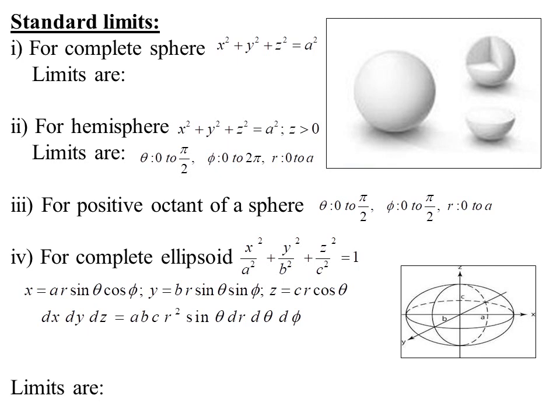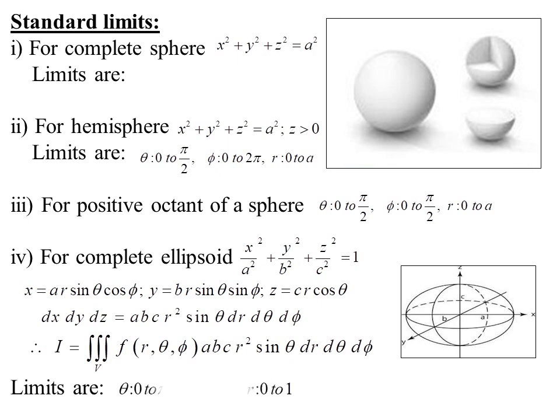But before that, spherical polar coordinates with a little difference we have to put down in this way. x is equal to a r sin theta cos phi, y is equal to b r sin theta sin phi, and z is equal to c r cos theta. So with respect to these transformations, our dx dy dz now becomes a b c r square sin theta dr d theta d phi. Once again, using the Jacobian only, this product dx dy dz is determined.